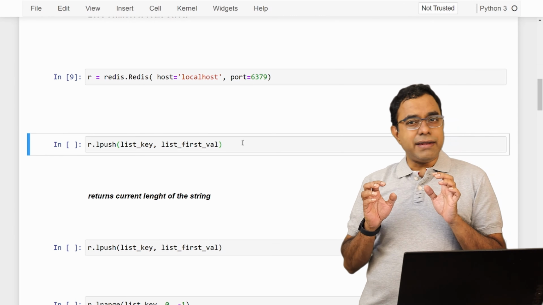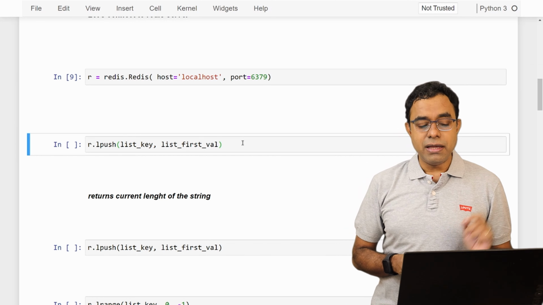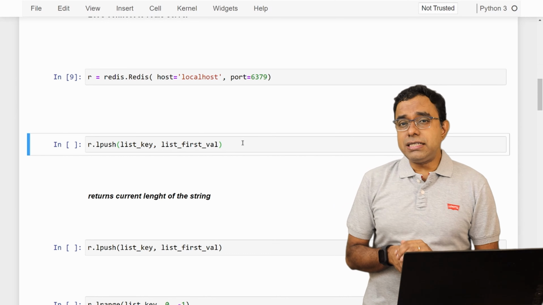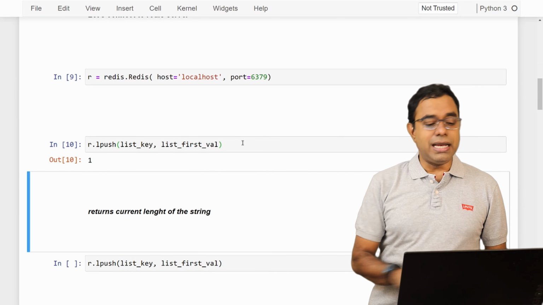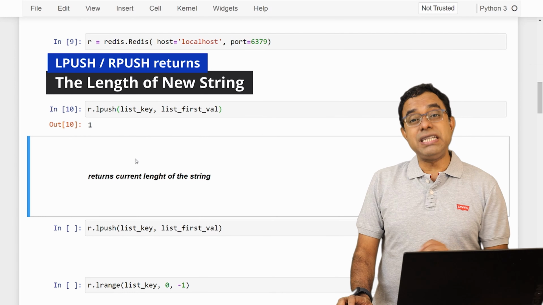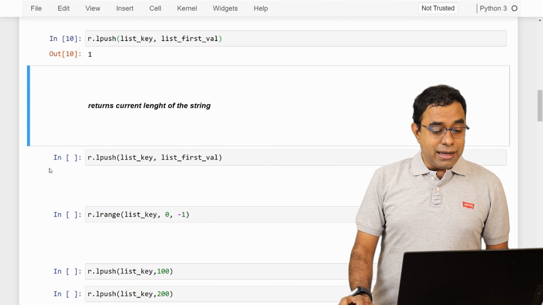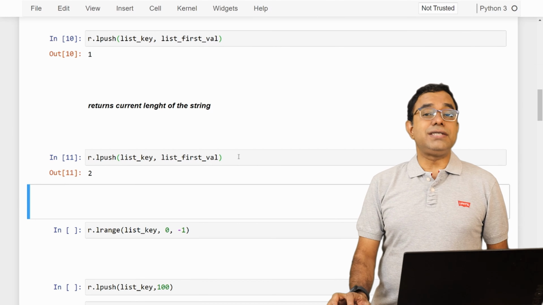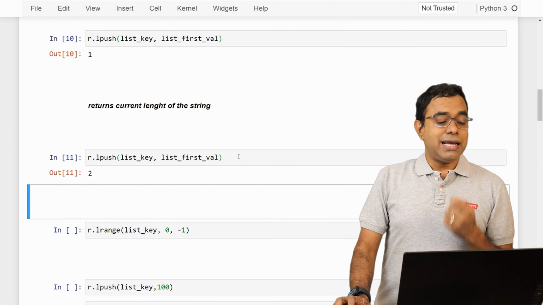So let's create a list. One means the number of elements in the list right now. And if I just push it again, it is going to create one more value, the same hello world.